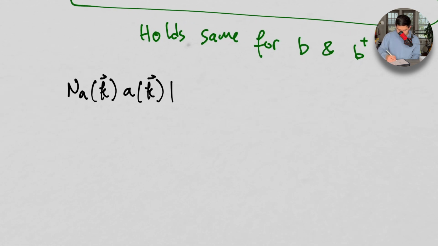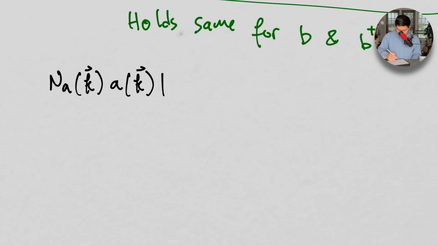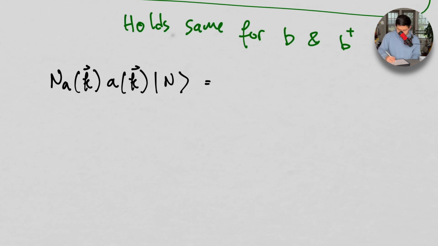We'll just call that big N for right now. It's the total number of particles. Well, this is going to take away particles from this state, right? So the eigenvalue is going to be the total number of particles